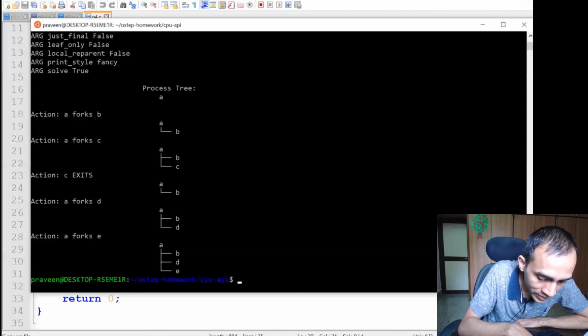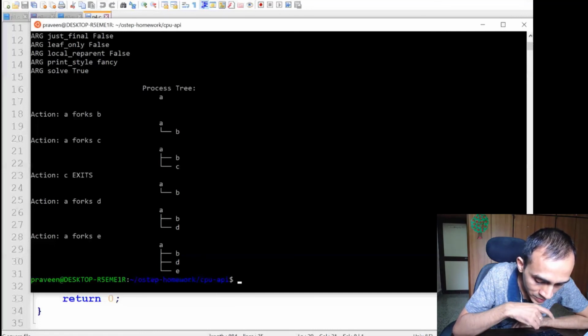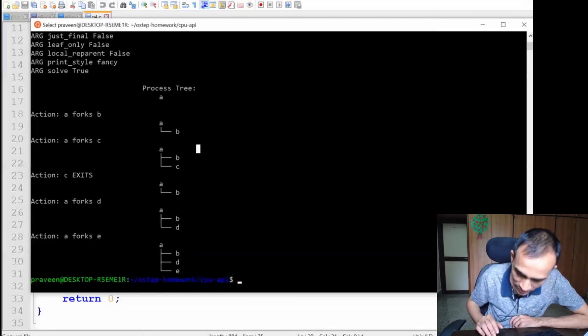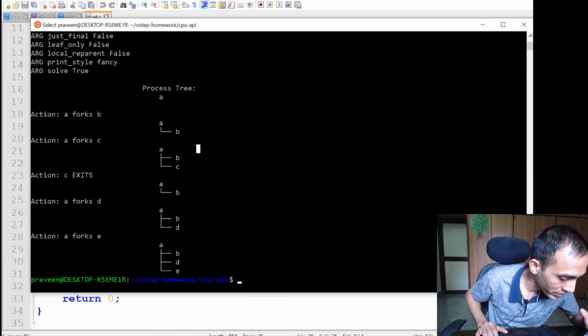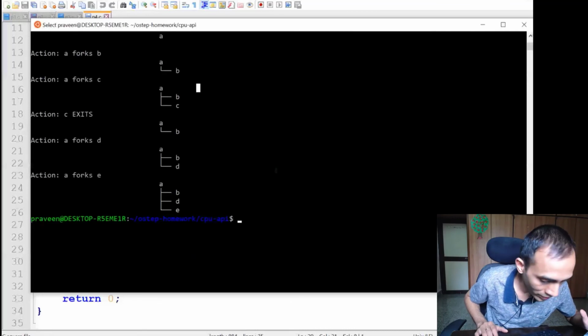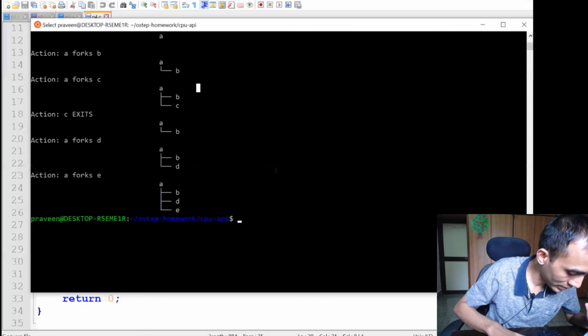When initially there is a process, it forks, creates a B process, you have this hierarchy. Then when A again forks another process C, you get this hierarchy. If C exits, C goes out of the hierarchy. A forks another, it comes here. So it's a very simple simulation, nothing much here, but there are other options. If you play around with those options, probably you will get some more feel or hang of what exactly it's doing.